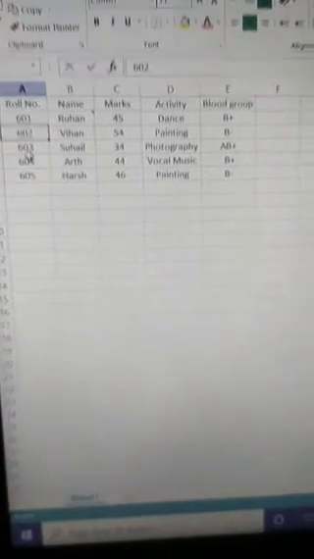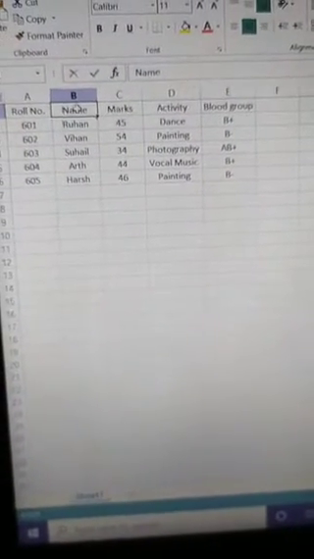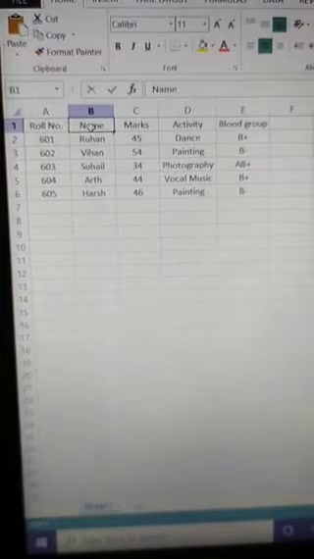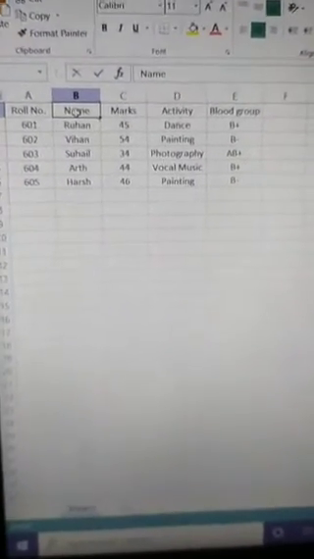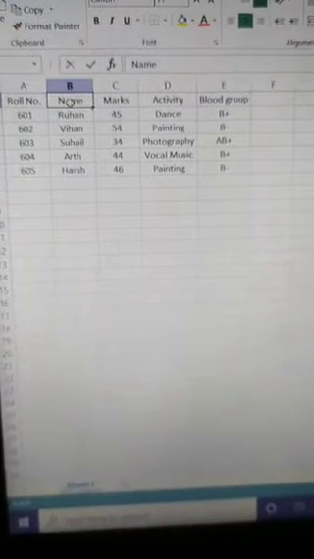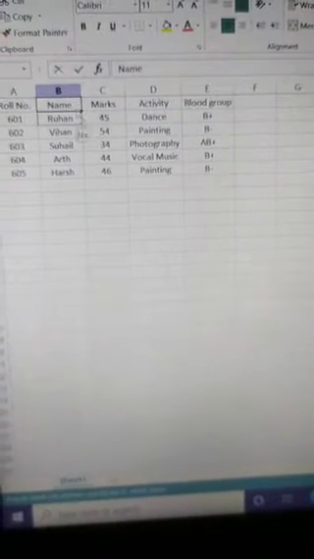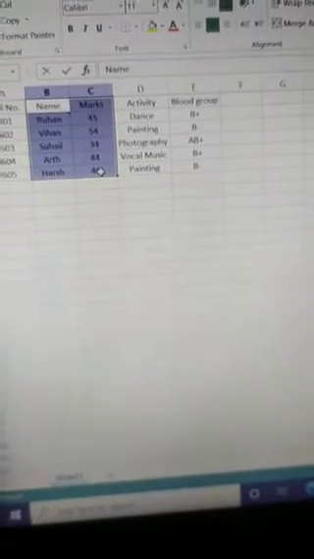Now using a mouse we can select a range of cells. How? At first click on the cell where you wish to start your selection. So I have selected this B1. Now holding the left mouse button, we can drag to the opposite corner cell, and in this manner we can select a range of cells.